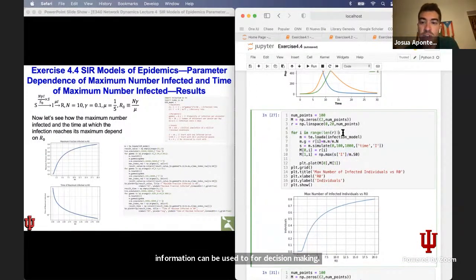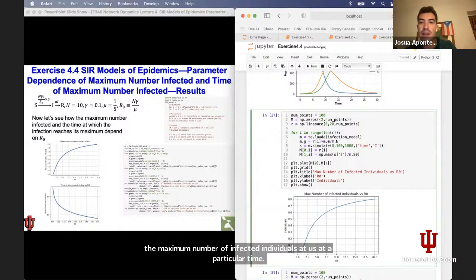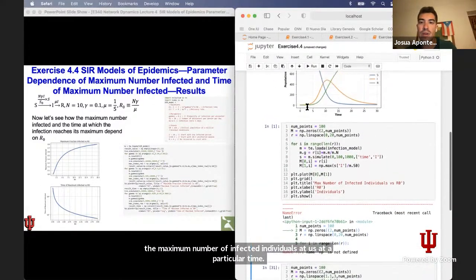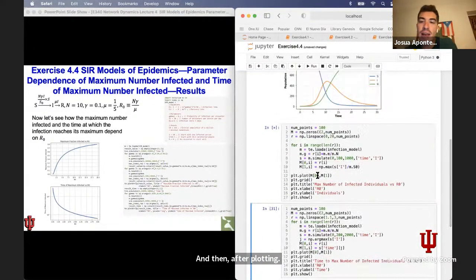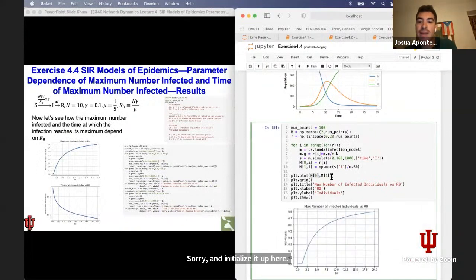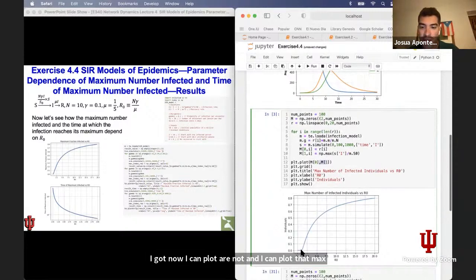So I'm iterating over the values of R, and for each I'm assigning different values of gamma based on that value of R, and then after simulating, I am recording the maximum number of infected individuals at a particular time. And then after plotting, I'm sorry, I need to initialize it up here. I can plot R0 and I can plot that max number,